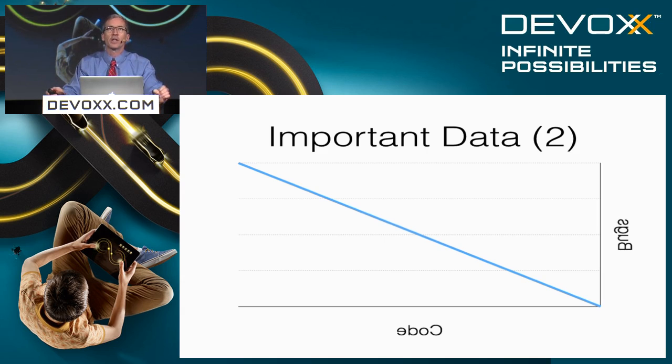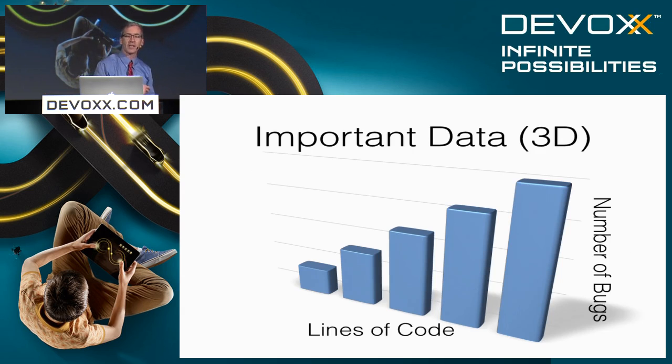We can take another look at the data, and we can use some three-dimensional charting information to produce data that looks more like this. And you can see it's the same information over and over and over again. The number of bugs increases with the number of lines of code. I'm not sure I wrote this right. The amount of code that you write increases the amount of bugs. I think that's the important takeaway here.